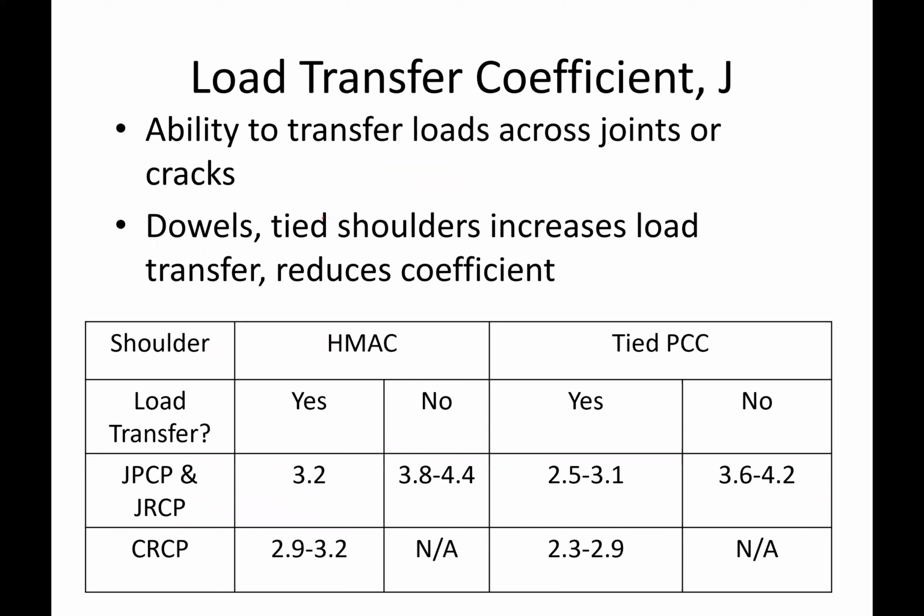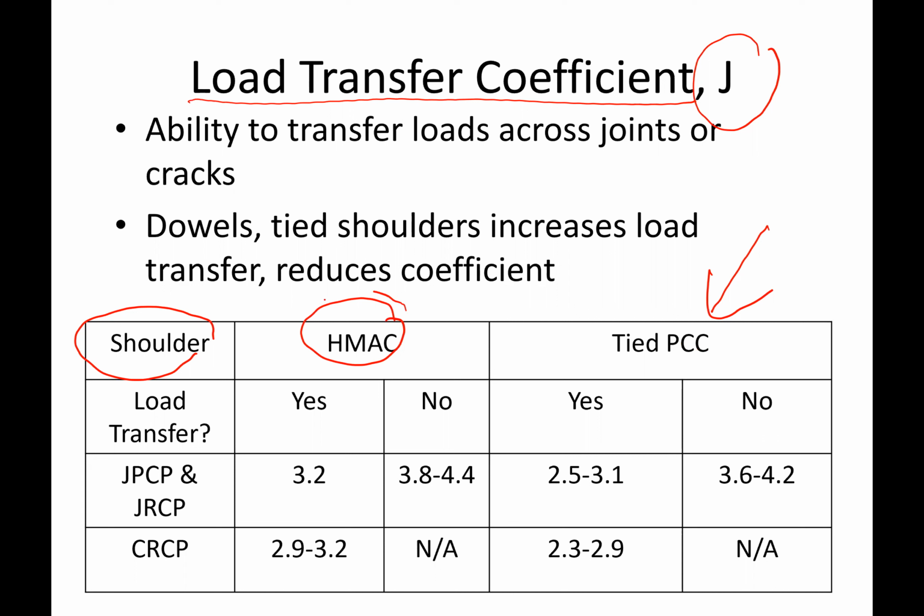Then apart from that, another variable that you need is the load transfer coefficient. As I mentioned, the load transfer coefficient depends on the transverse joint, right? Depending on the dowel, right? So the J value. So you have to refer to this table where it depends on one thing, the shoulder. Okay, the shoulder of the pavement, whether you're using an asphalt shoulder or a concrete shoulder, right? So if you're using an asphalt shoulder, okay,